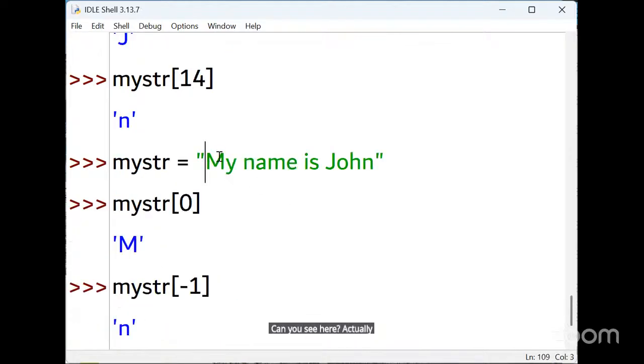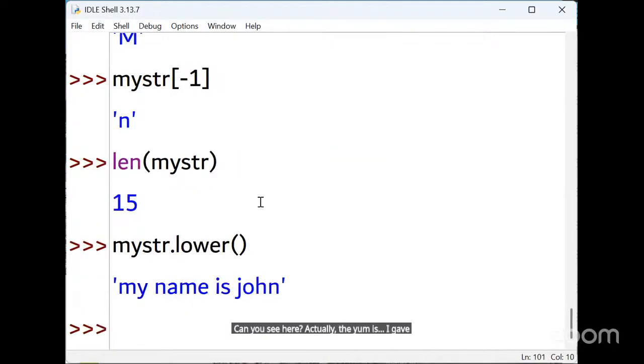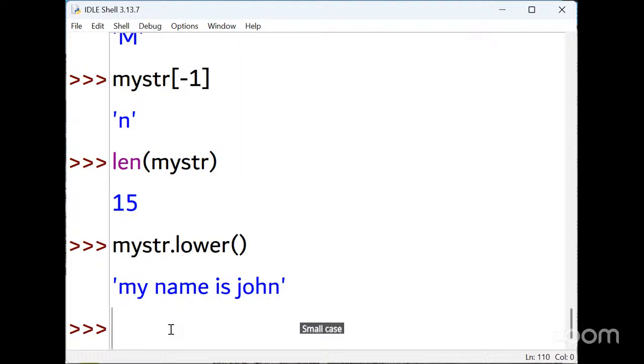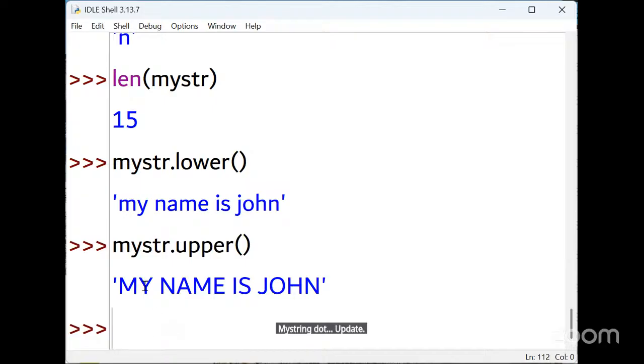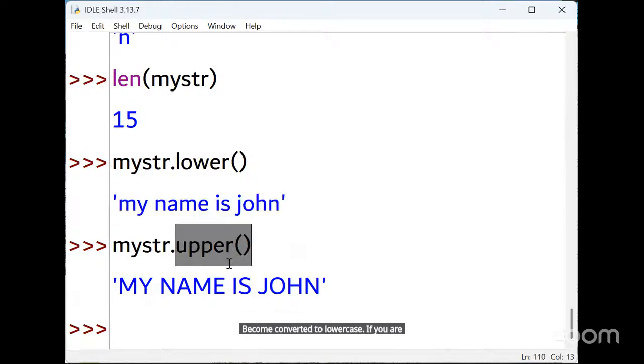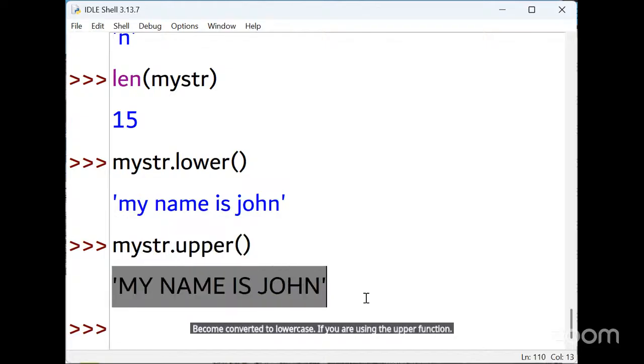The M I gave in capital letter has converted to small case. Lower means it converts the entire text to small case. And one more function is there, known as upper. My string dot upper. If you use the lower function, all the text is converted to lowercase. If you use the upper function, all the text is converted to uppercase.